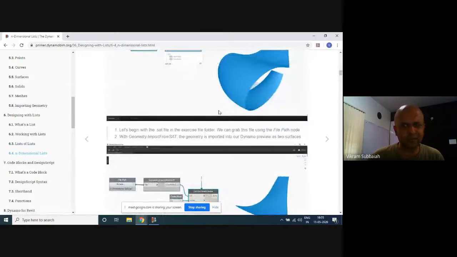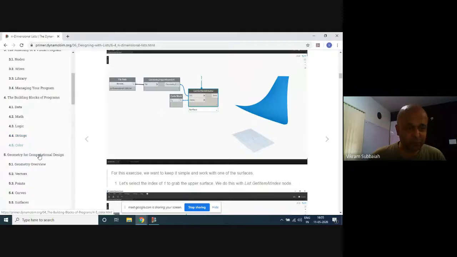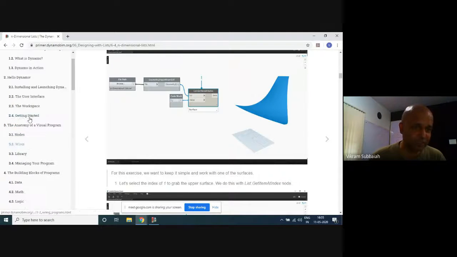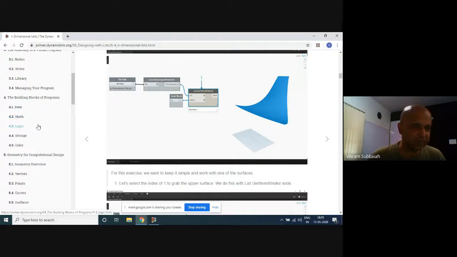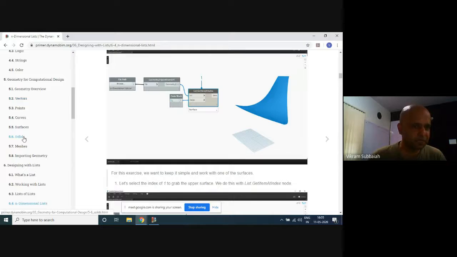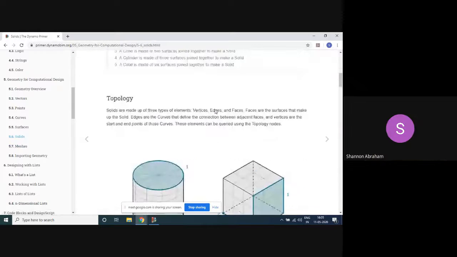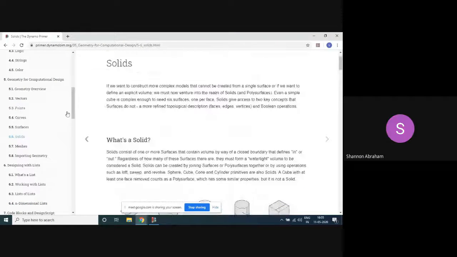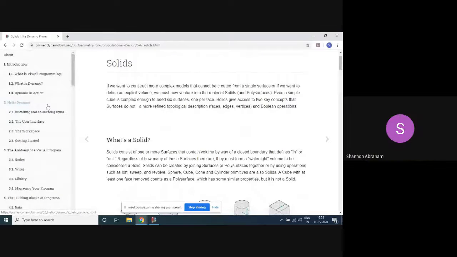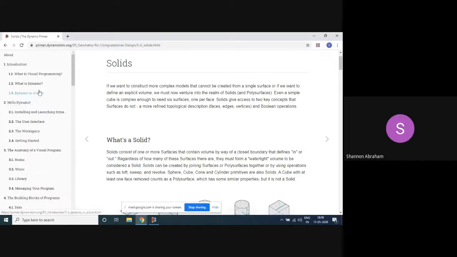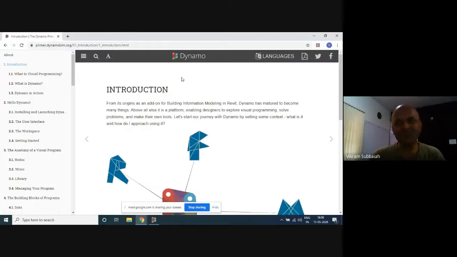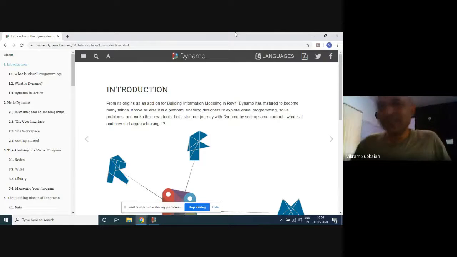But look at it, especially for the basics of the kind of geometry that I just showed you so far, which is very basic. Stuff like that you can easily pick up from here. So Russian dolls and all, we can create all that. Yes, you can if you want to. Okay, so look at this. Now let's get back to doing something that's a little more challenging. Everybody agree?